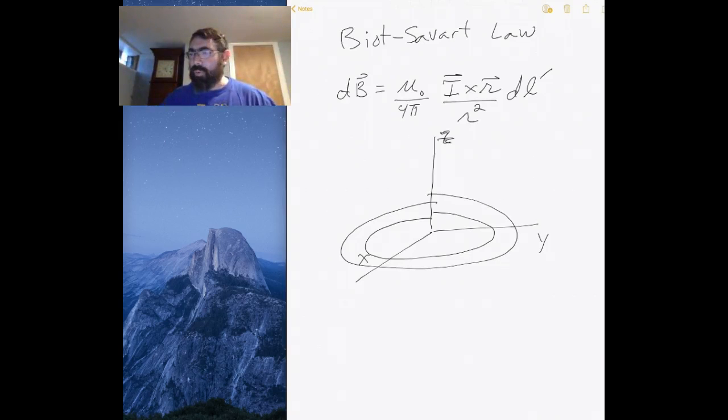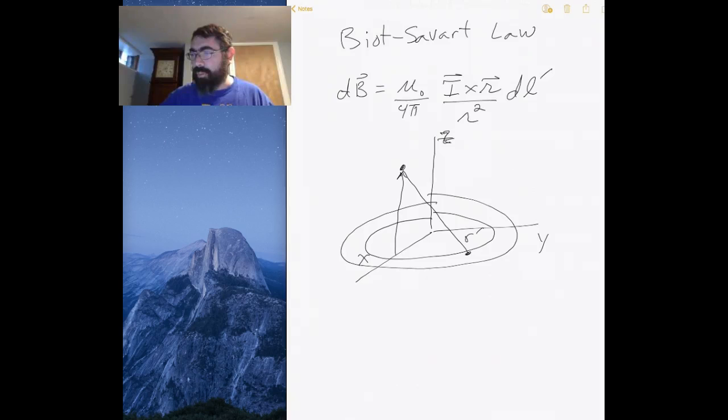And so I'm going to pick a point which is going to be the distance r from, say, the axis. I'm going to find the point where the current is,